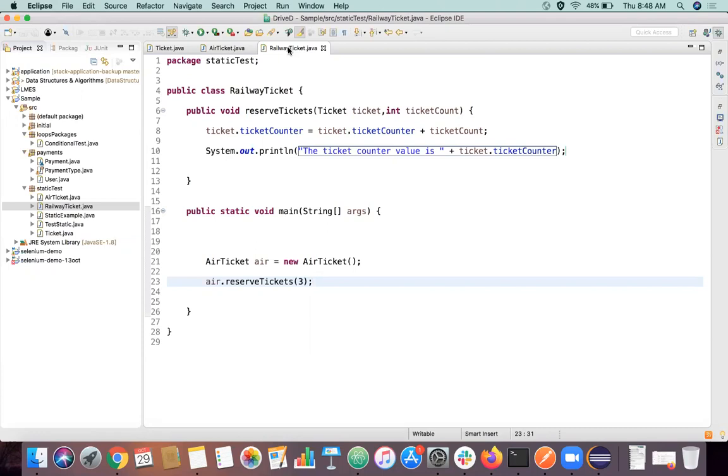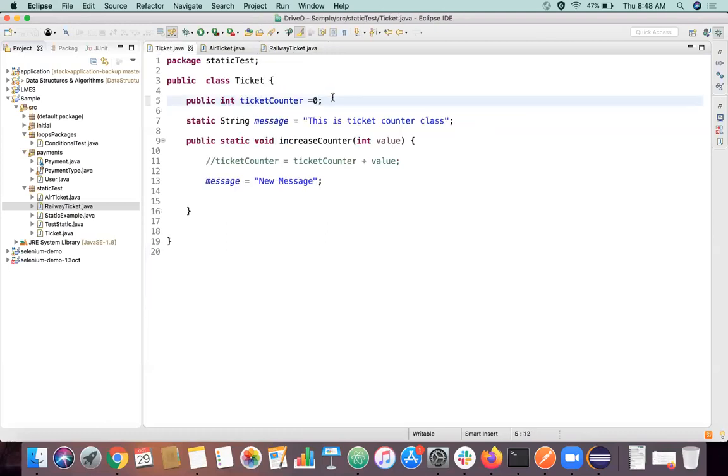Shiva, did that answer your question? Yeah, Karthik. If we don't create a static, then we have to create an instance of it, and then we need to use it. Yes, yes. And we have to pass the instance here and there to change a value in that particular object only, because this ticket counter is not static now, and this is limited to this particular ticket object.